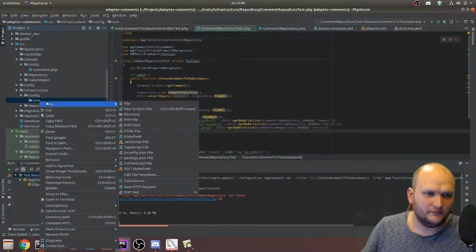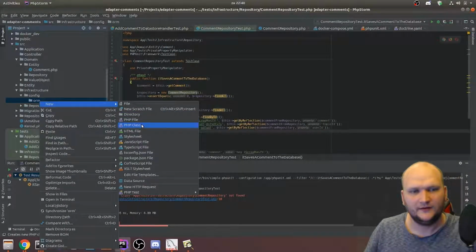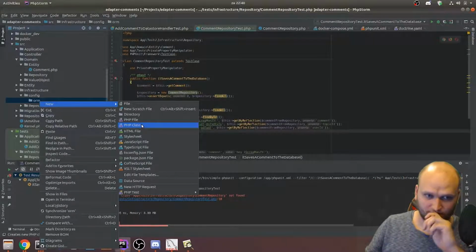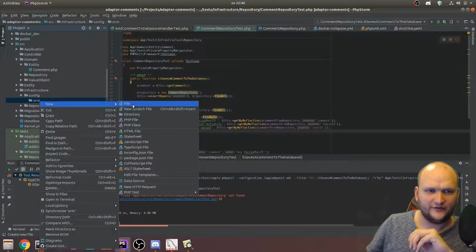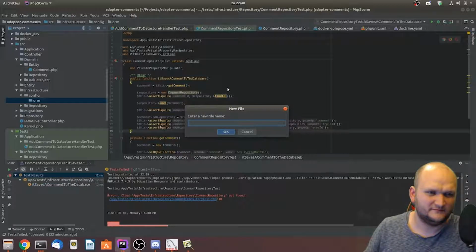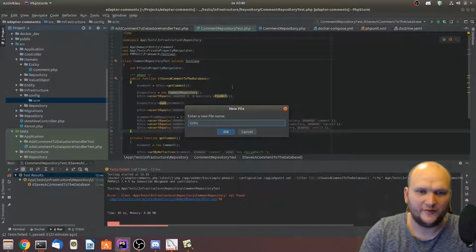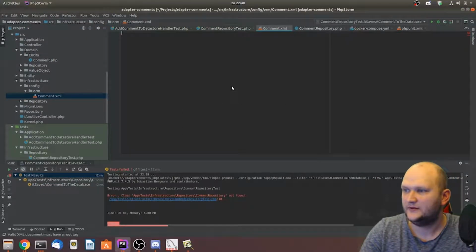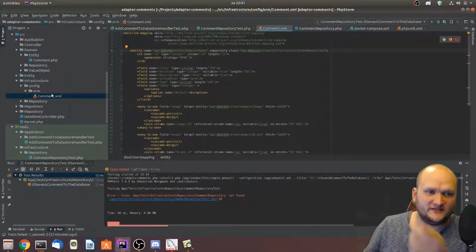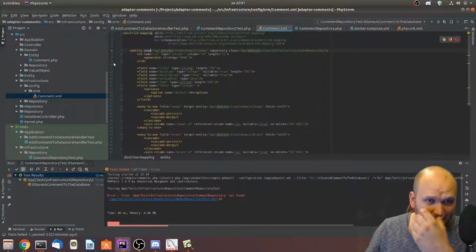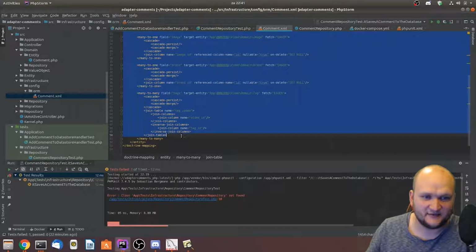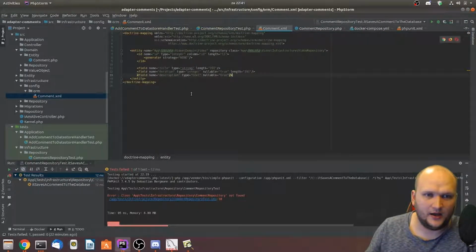Back to ORM configuration. We are going to create an XML file called comment.xml. So for this Doctrine, we use a Doctrine mapping, which is a standard. We have an entity. We have 3 fields in our entity. The rest is not really important yet. Our entity is called